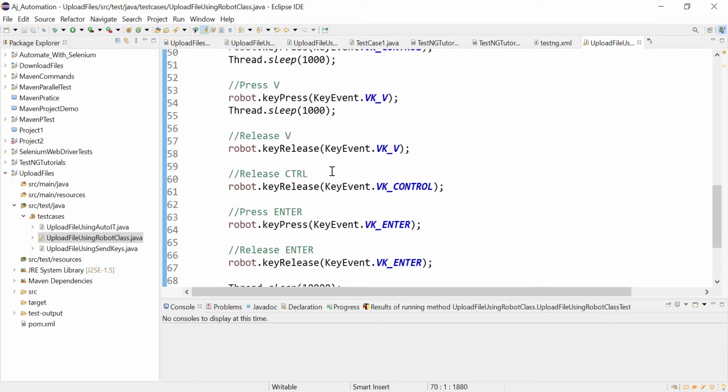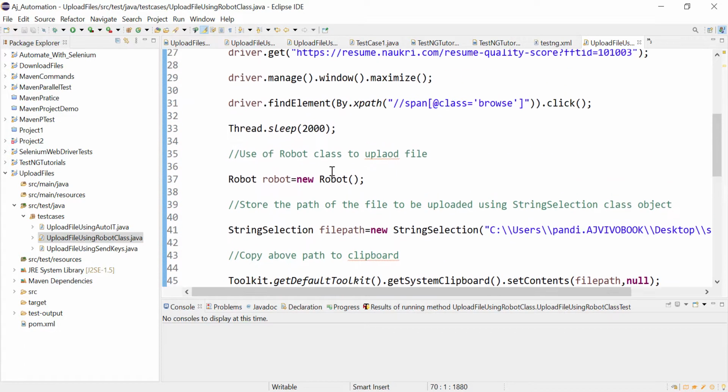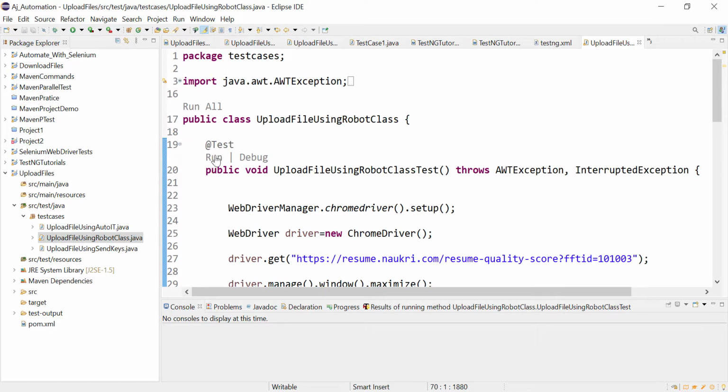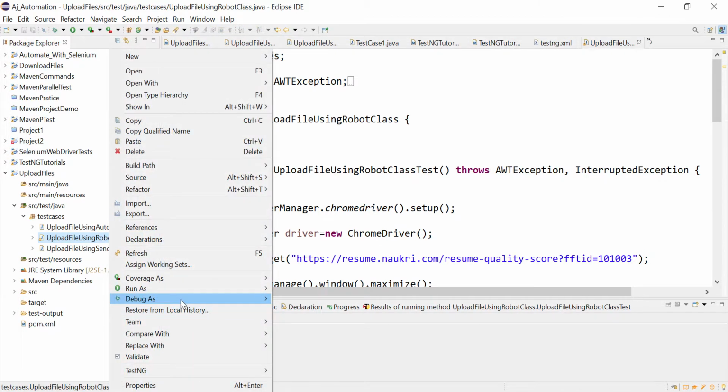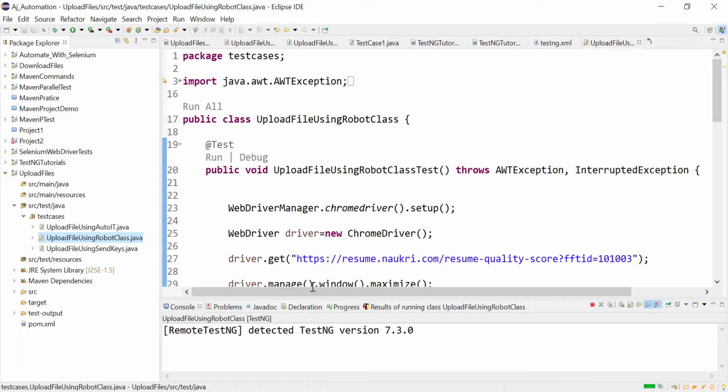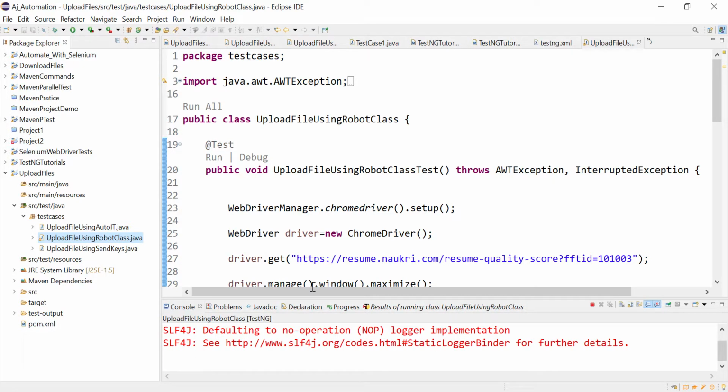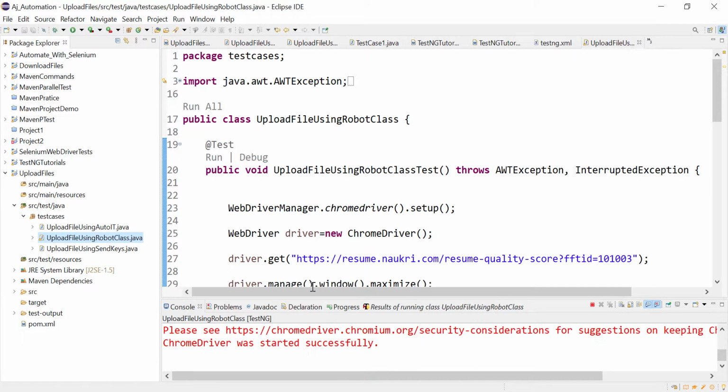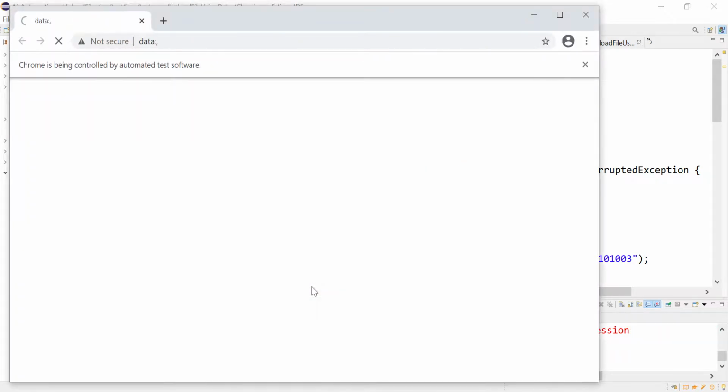Let us run this and see if it is working or not. To run this, you can directly click on run, or right click on the class and run as TestNG test. It should open Chrome and then naukri.com. Let's wait. It will maximize the window.